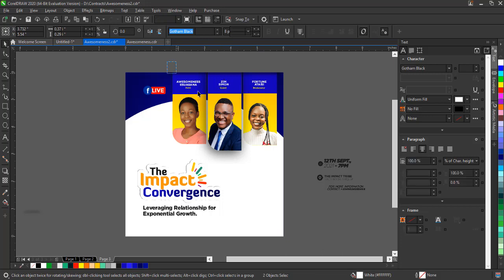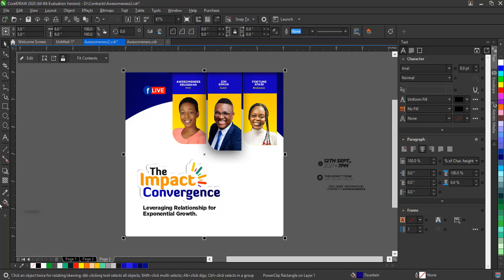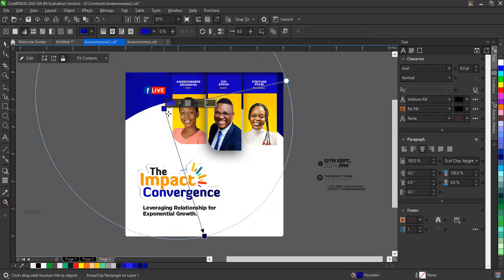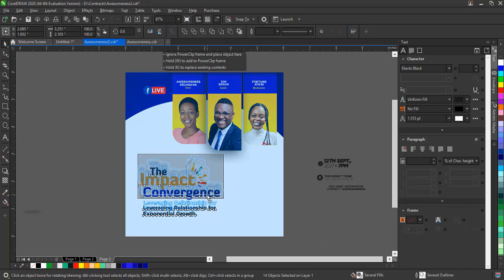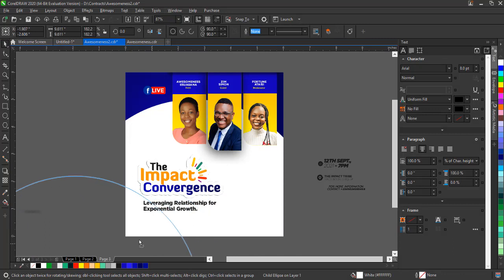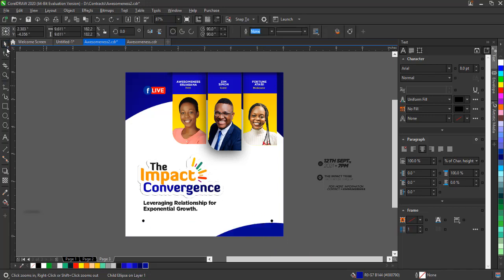Okay, I have another shape there. That shape, we're gonna be filling it up with some patterns very soon. We are almost done with this flyer. All right, to bring that effect,